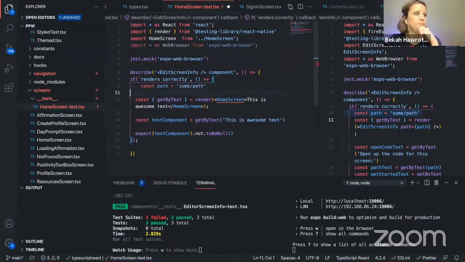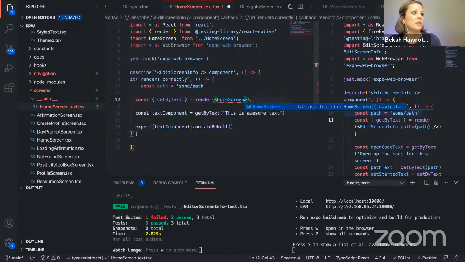Let's see. And then this, like this. And it says, oh wait, that's not what it path equals path. It says, no, we are being rejected.